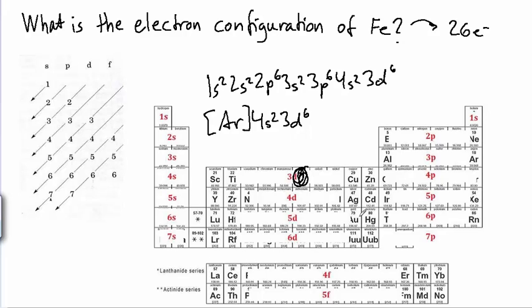By using the periodic table I could also find this complete electron configuration by simply going from 1s here, 2s, 2p, 3s, 3p, 4s, and then 3d. But the good thing about this version is that this picture is really easy to remember, so if you need to, you can draw it up yourself. So I hope this short video will help you with finding the electron configuration for the elements.